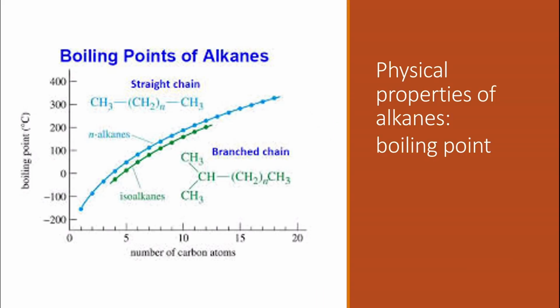In this video, I'm going to talk about the physical properties of alkanes. The first physical property we're going to talk about is the boiling point. As you can see from this graph, this represents the number of carbon atoms in a chain over the boiling point. So the first three members of the alkanes are gases, which have a boiling